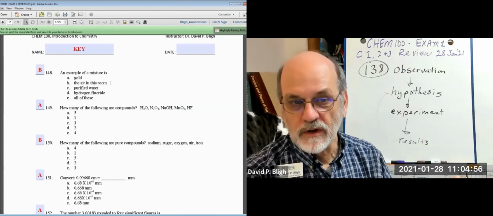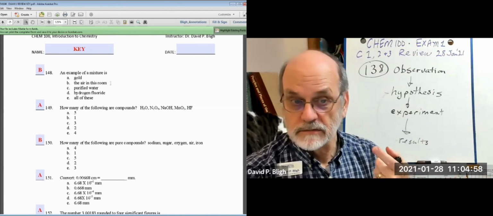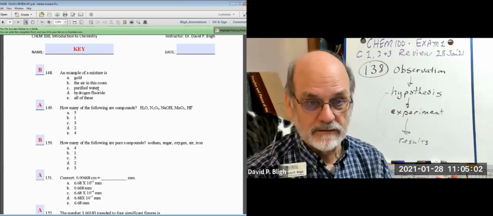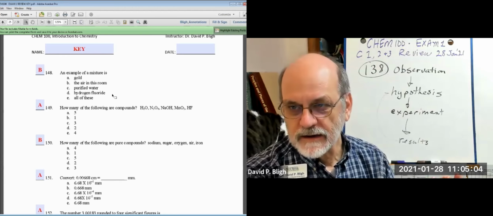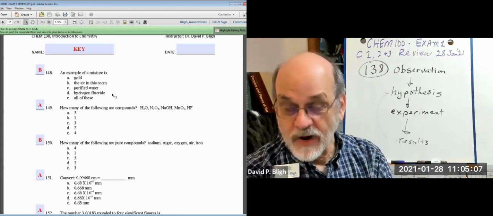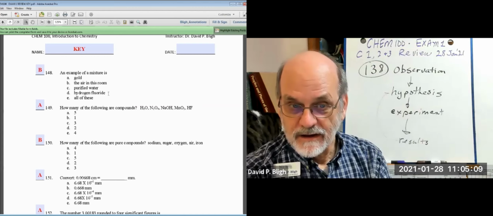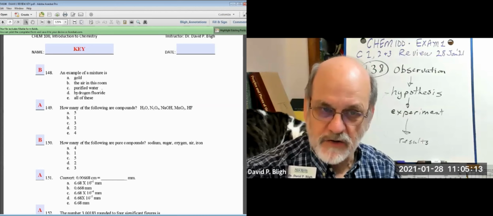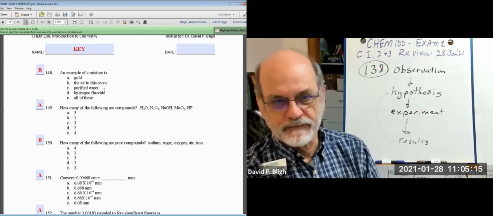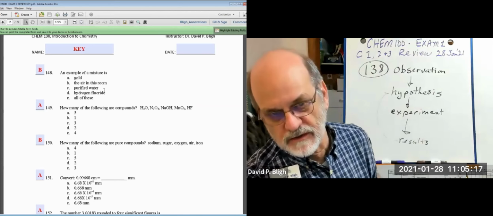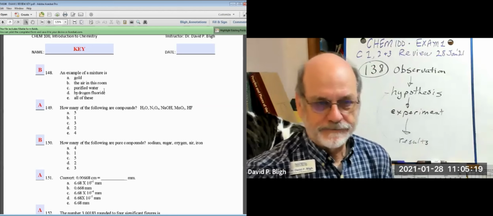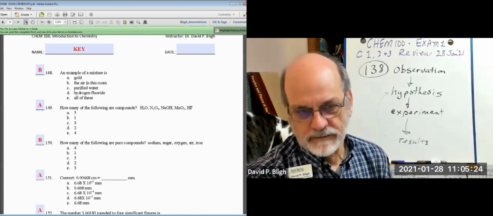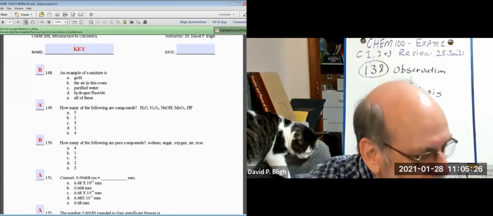Air in this room, that's a mixture. Purified water, nope, that's a pure substance, a compound. Hydrogen fluoride, that's the name of a compound that implies a pure substance, right? So the only mixture is the air in this room. And in fact, it's a homogeneous mixture. It is a solution. So that's why B is the answer to this one. Okay,